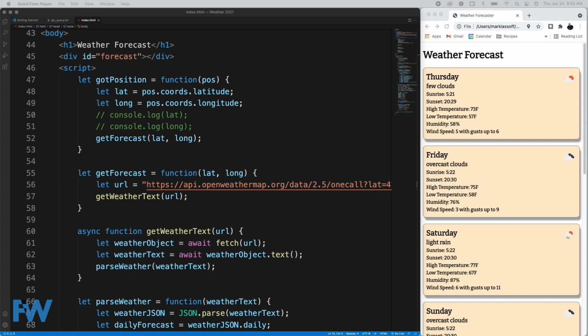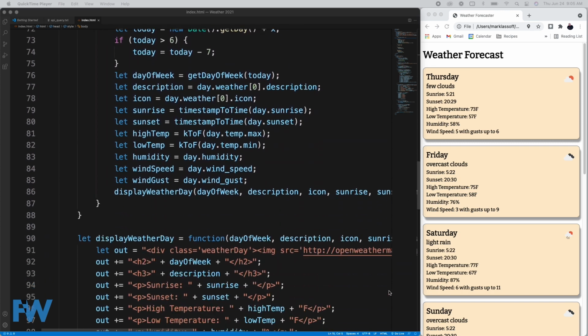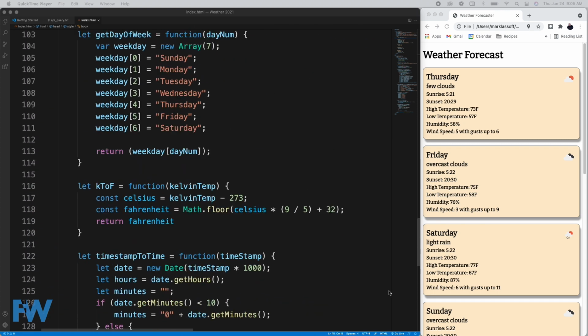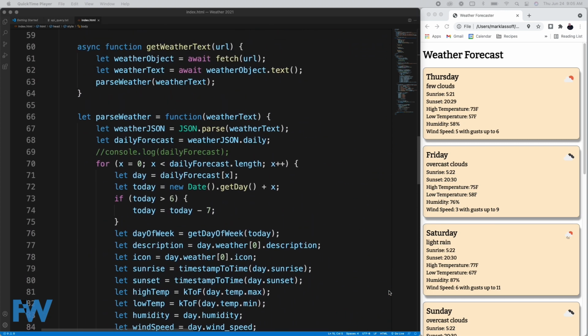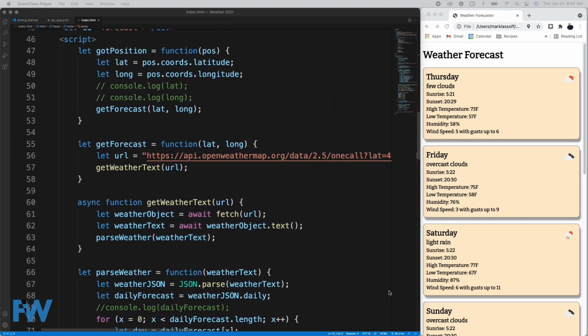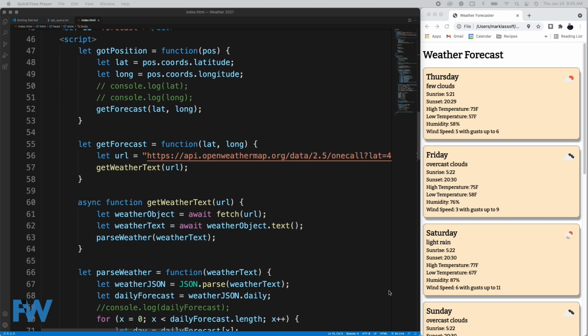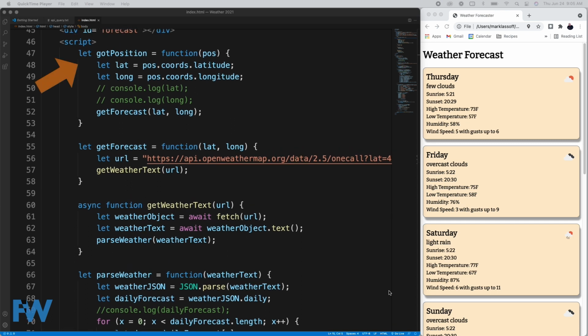So the balance of the code is dedicated to our JavaScript, and this is what is getting the information from the API and displaying the information on the screen. We also have to make a couple of conversions here in order for the information to be readable by humans. So you notice line 47 is an actual function called getPosition. In here, we're setting up to get the actual position and parse it.